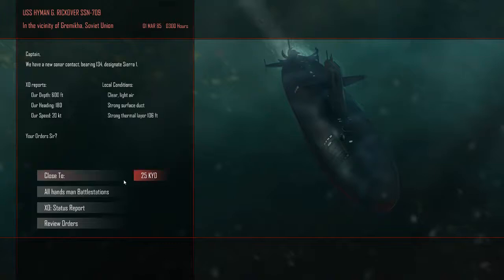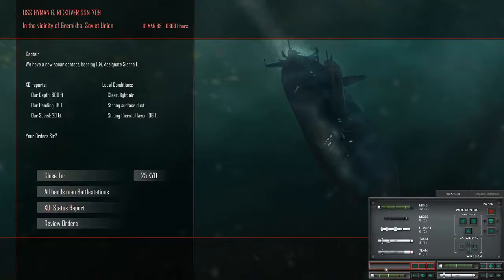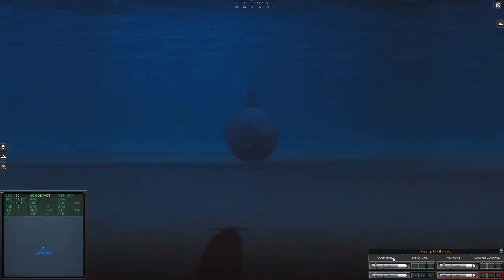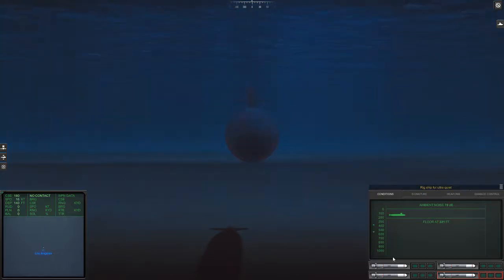Another change made in patch 1.08 is with the TLAM missions. First of all, it seems like it no longer lets you know when you're at a point to initiate the mission. Now it's just like any other mission. The only thing is that you can't click the close to button in order to start it. You have to click all hands man battle stations. So once again, in the shallow waters around Gromika, 220 feet. I've got all 4 Tomahawks loaded,